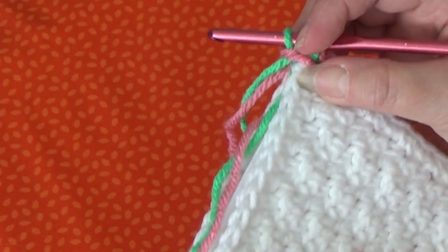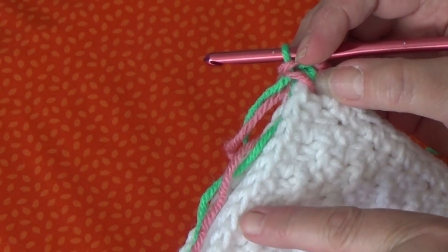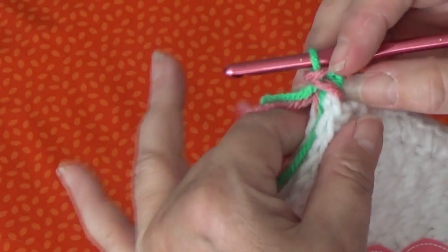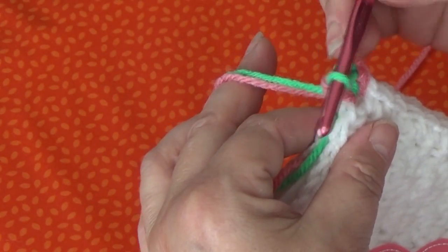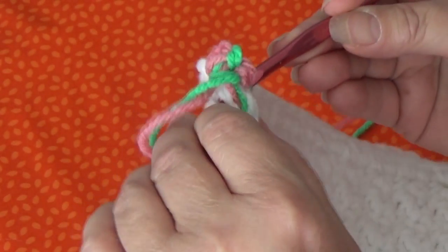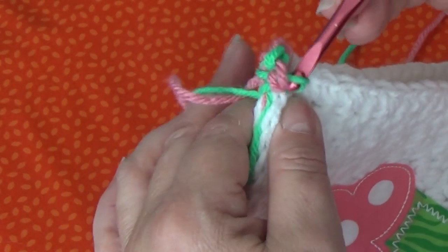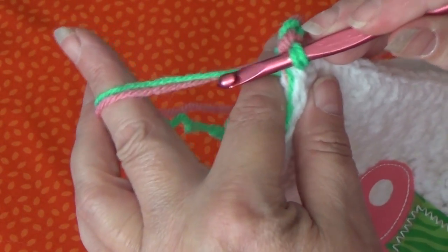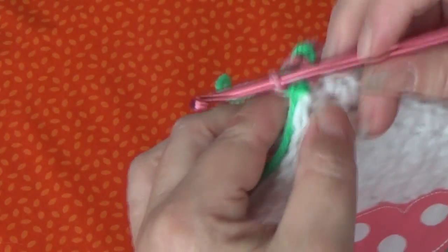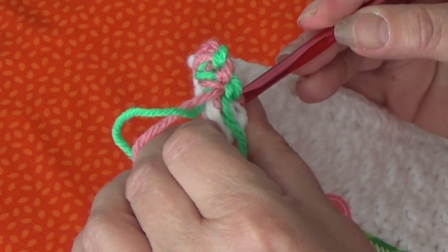Now on this, we're going to work 10 single crochet across, and then we're going to do our hanging loop. So let's go ahead and work the next 10 stitches. So the next one is green. Match it up to that stitch in the back. Pull your green through the stitch and then grab your pink and pull your pink through. And you're going to grab your pink, insert your hook in the next stitch through the front